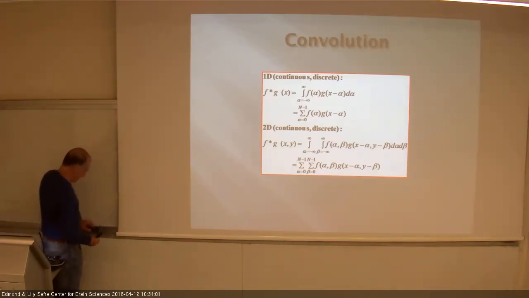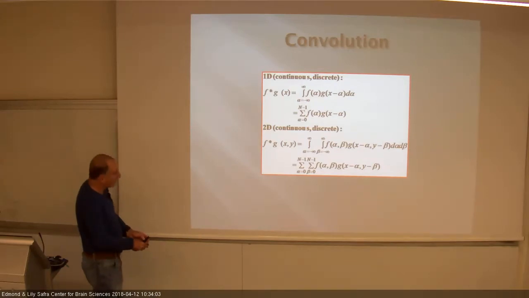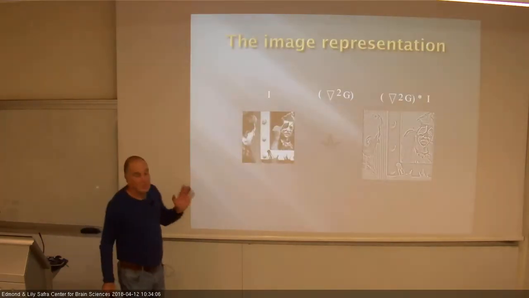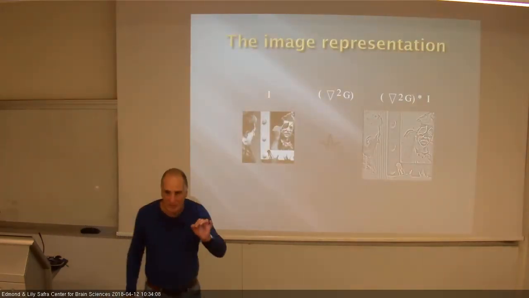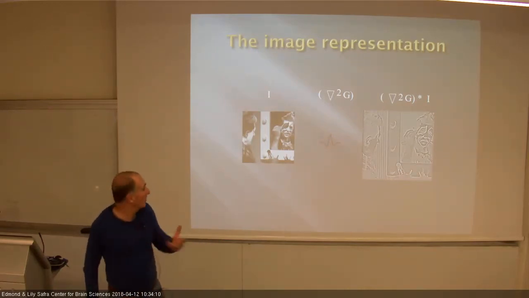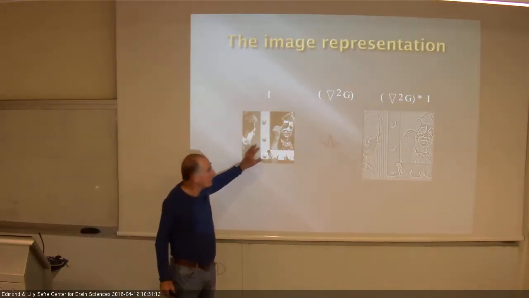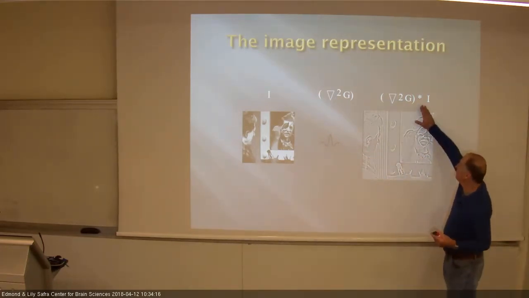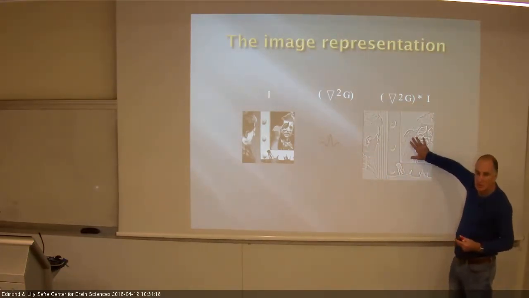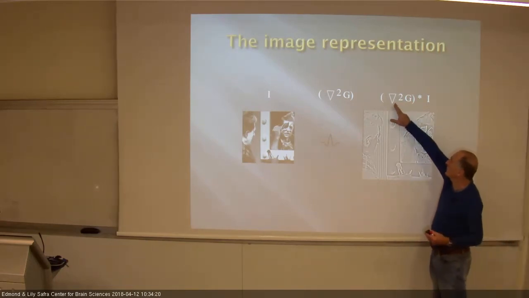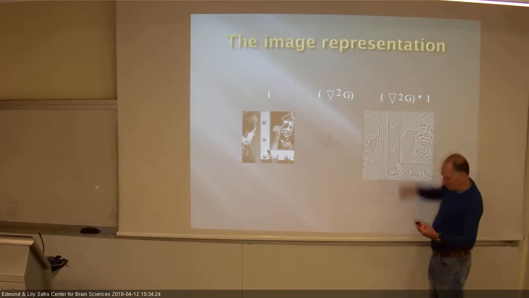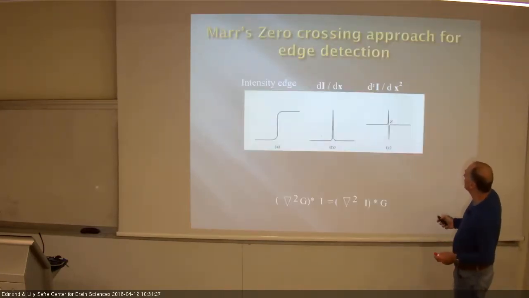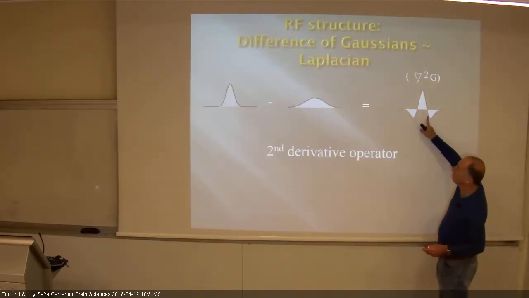What do I mean by that? Maybe there's an example here. Okay, before I give you a concrete example, just to give you a feel for this, here's your image. Here's what the operation of the second derivative looks like. What you see here is a second derivative multiplied by a Gaussian. Remember, you don't just do a second derivative, just to remind you, but this is smooth